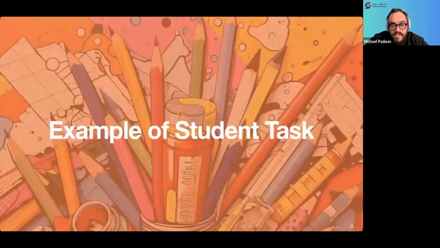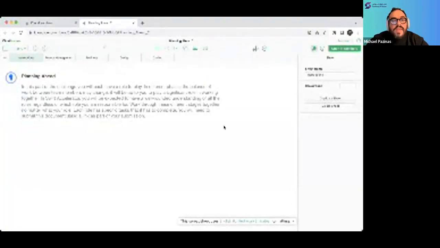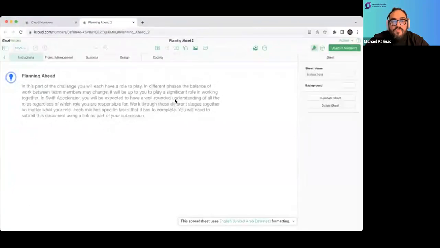But let me just get onto my, and what I've done is I've loaded up, let me show you, an online version of a task. Now here, you can see a window, okay? And my window is actually Chrome that I'm using right now. But actually what I'm using here is Apple technology. I'm using something called Numbers. Some of you may know Numbers. And what this is,